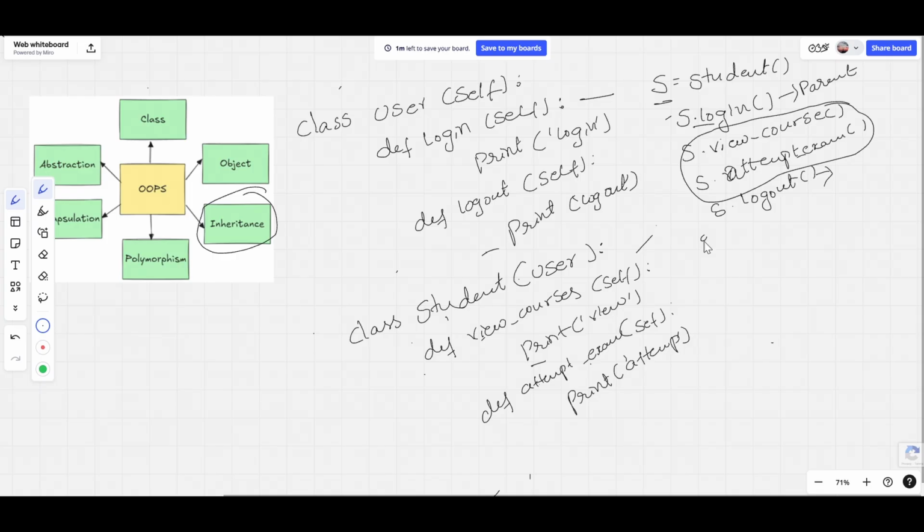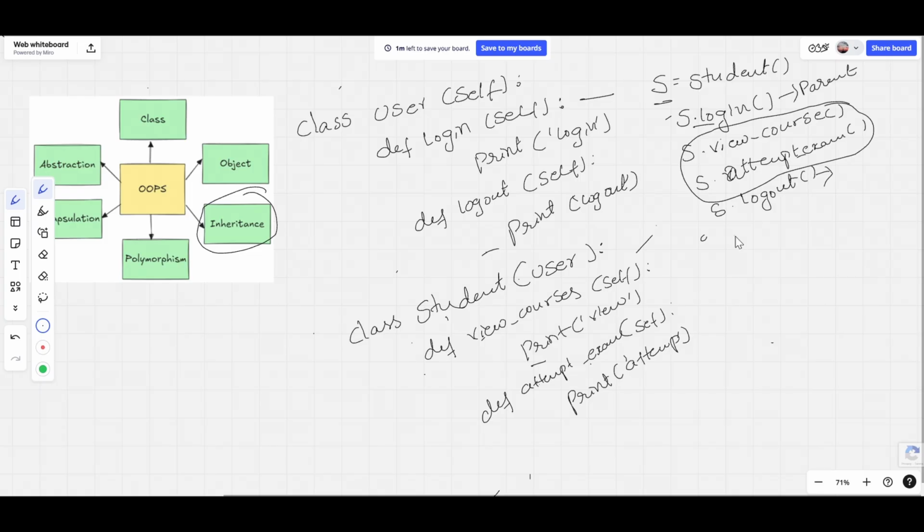So what can we say here? A student can do everything a user can do, plus its own extra actions. Inheritance allows us to reuse existing behavior and add new features without rewriting the code again and again. That is all about the concept of inheritance.